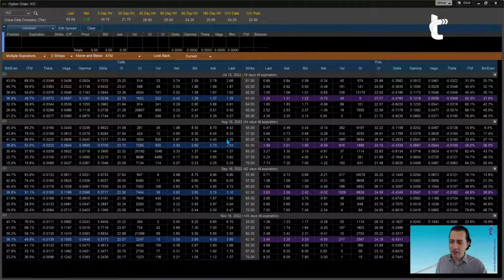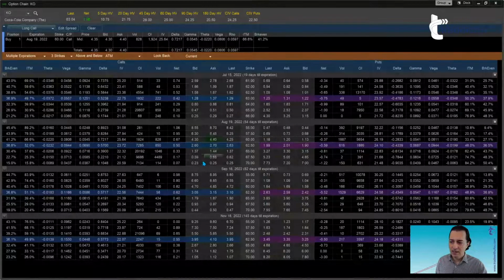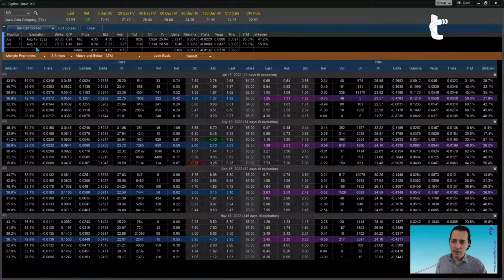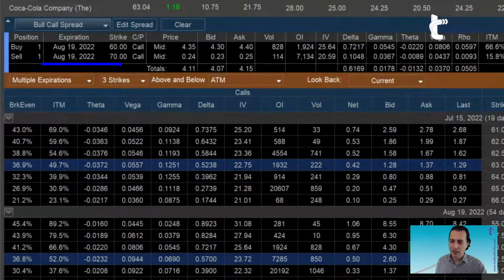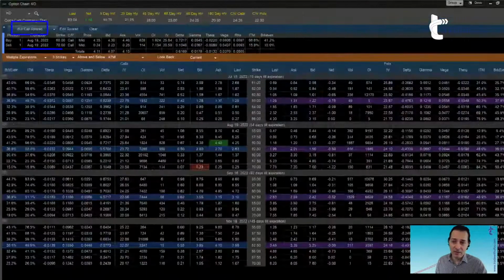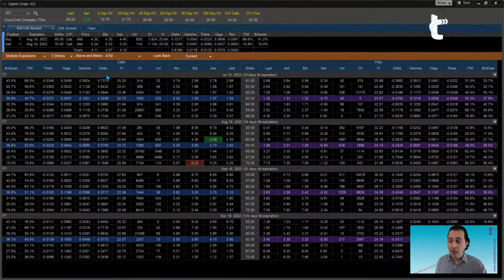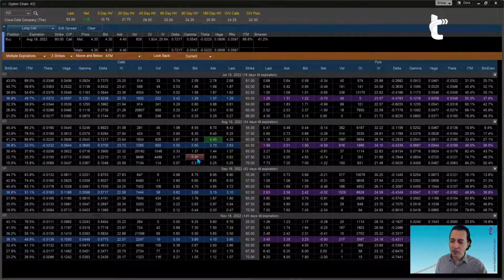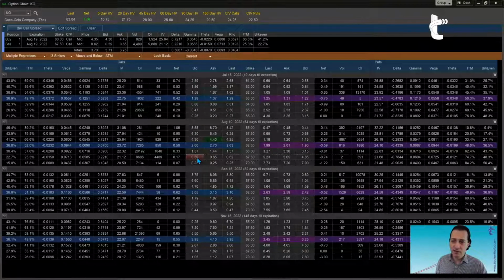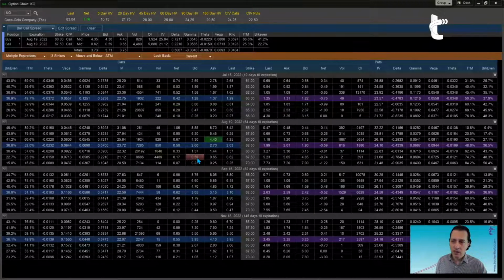Now if I click 60 and then I click 70 on the bid column to sell, notice that not only did it get the trades here on the upper left, on top of that, it's telling me what it is that I just built. So this is great, and maybe this is the way you build your trade, and it's fine. But what could happen in this process? Well, you could make mistakes. Maybe you want to buy the 60 and sell the 70, but by mistake you click on 67.5. So what do you do if you made a mistake?